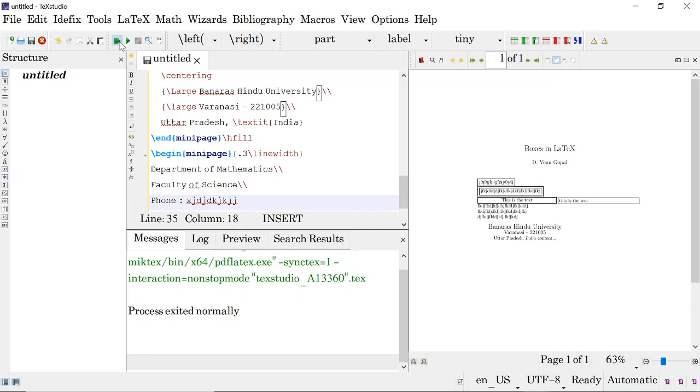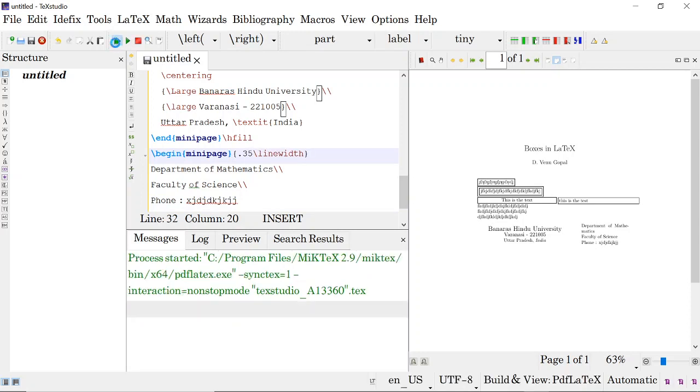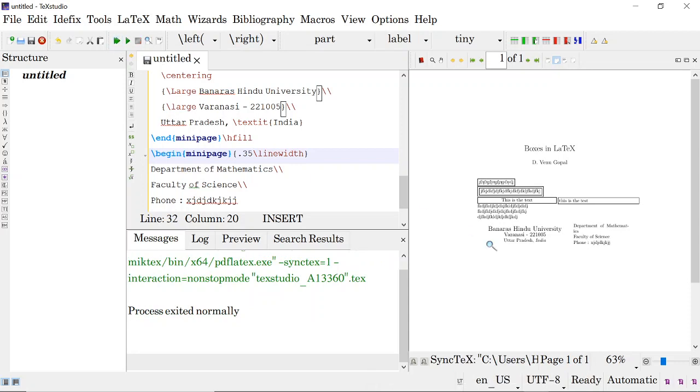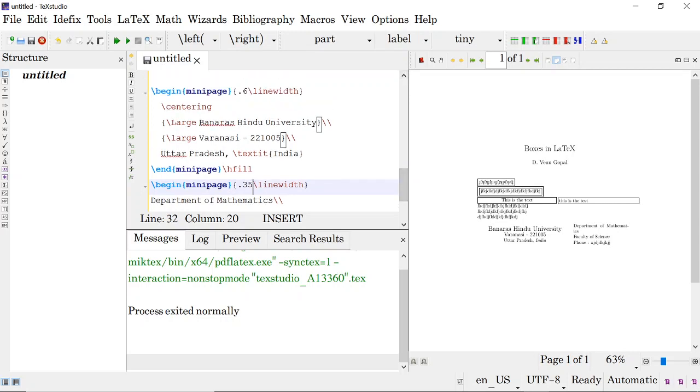When I compile it, both will come like this, one after the other. We can adjust this like this, point 3.5 line width. Or because here it is not fully utilized, so we can give it to